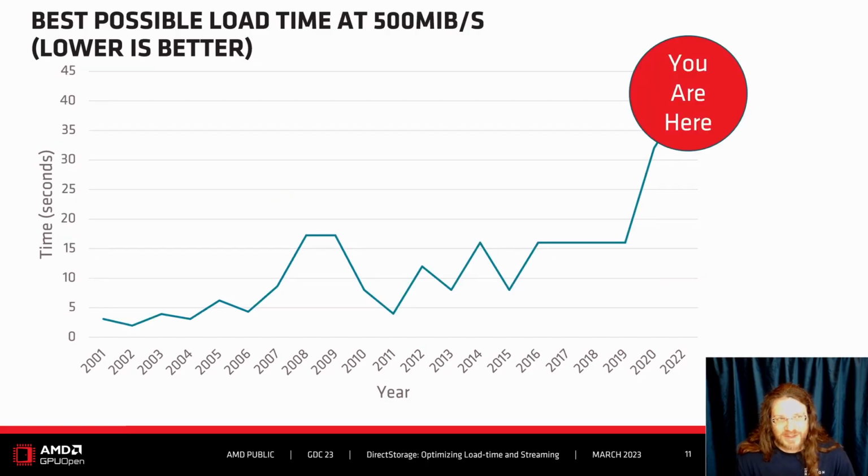However, currently, most titles aren't able to use or aren't even taking advantage of the capabilities of the devices in these systems that are capable of that kind of throughput. So if we artificially limit our throughput to about 500 megabits per second, we'll be stuck with 30 plus second load times for quite a while. And if VRAM keeps increasing, it's going to only get worse.